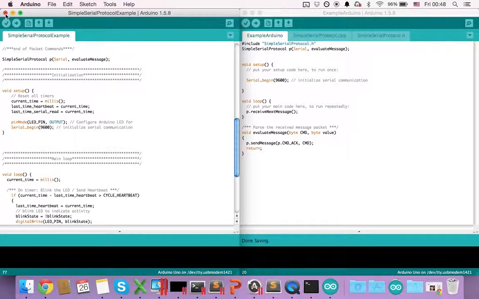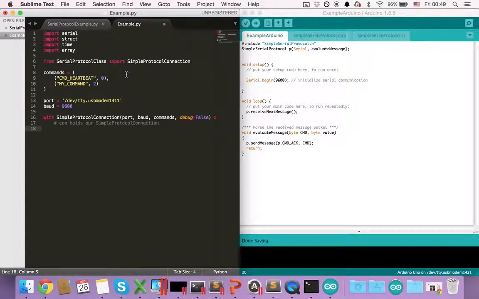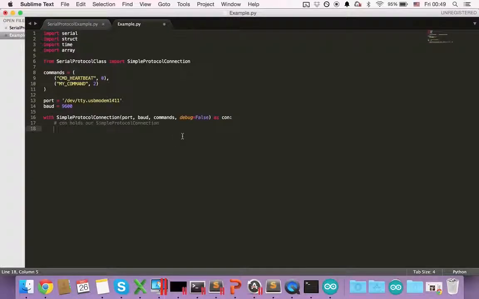But anyway, now you have 2 files: your example py and your example Arduino. You can flash your Arduino with this example, and you can run this Python file to communicate with Arduino. So right now we're not sending anything from the Python file, as you can see, so nothing is going to be happening. So let's start